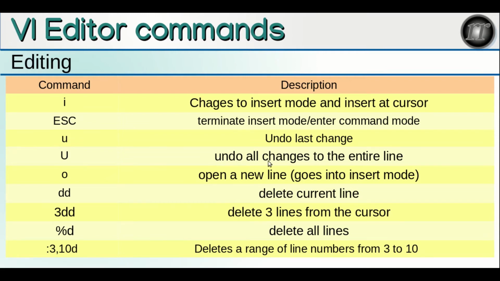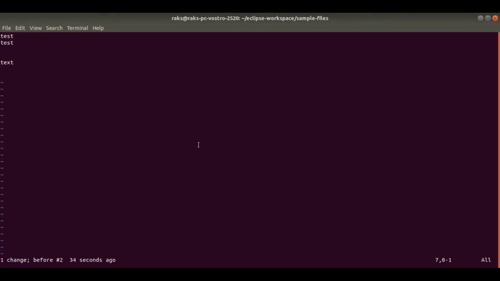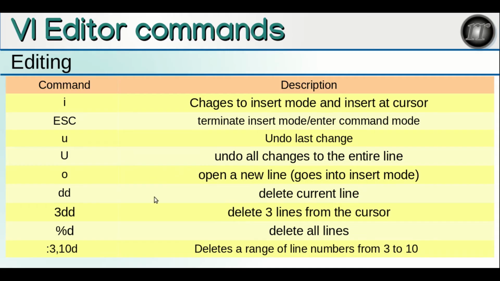If I want to undo all the changes on the entire line, suppose I have written something here, I press capital U on this line. I have written something, and if I want to undo this, you will have to press Shift U. This will undo the changes in that line.